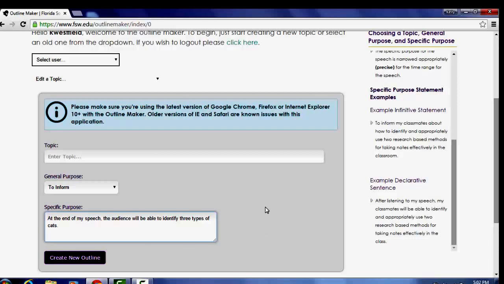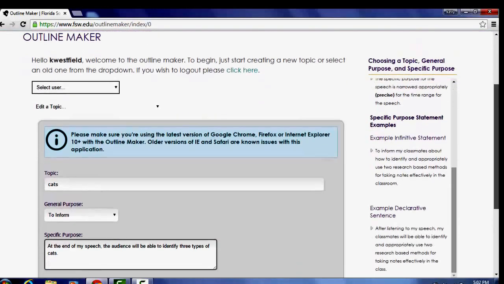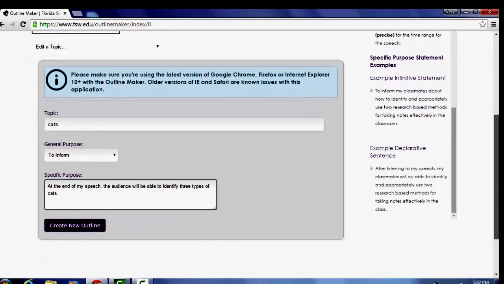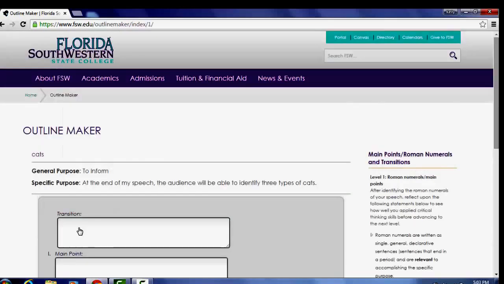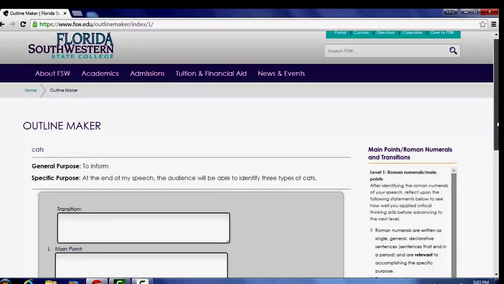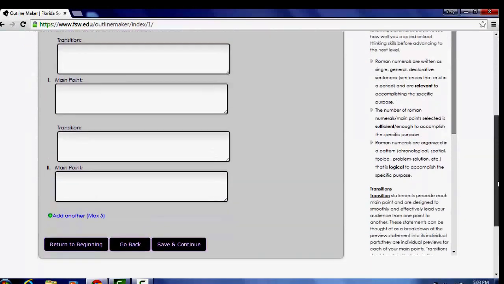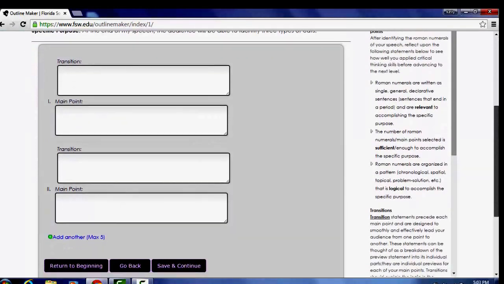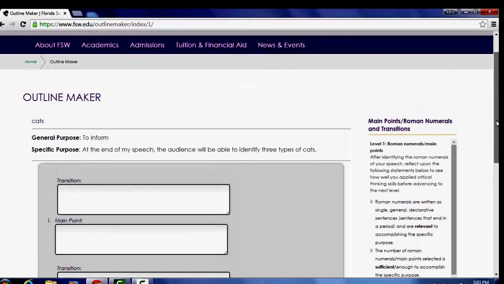Alright, so I've input my specific purpose, and of course my topic here is cats. This is an informative speech, and I am all set to proceed from here. Alright, so once you've input that first stage of information, you have started your sentence outline in the Outline Maker